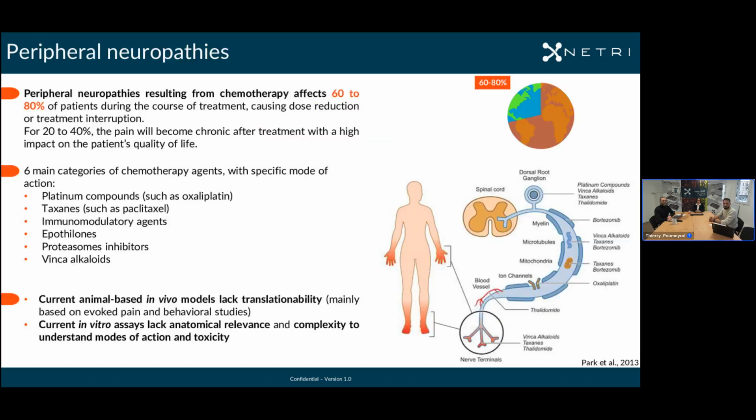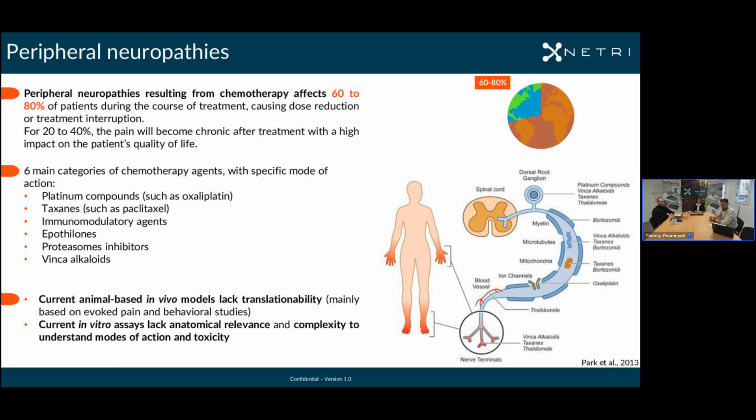So today's topic is about peripheral neuropathies, and we focus on the peripheral neuropathies that result from chemotherapy, because it will affect between 60 to 80% of patients during the course of treatment. It can lead to dose reduction or treatment interruption, having really a big impact on the treatment of cancer. And for the survivors, 20 to 40% will develop chronic pain that can have a really high impact on patient